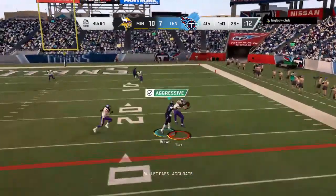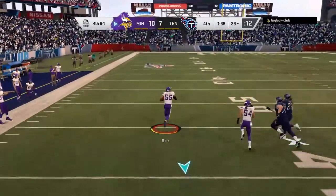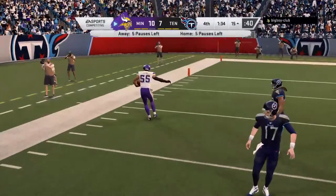Tannehill. And, a crusher there as it's intercepted. Picked off by the Pro Bowler, Anthony Barr. Past the 20. And it's a huge return as he...